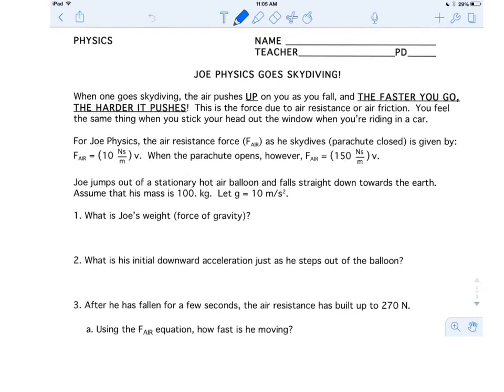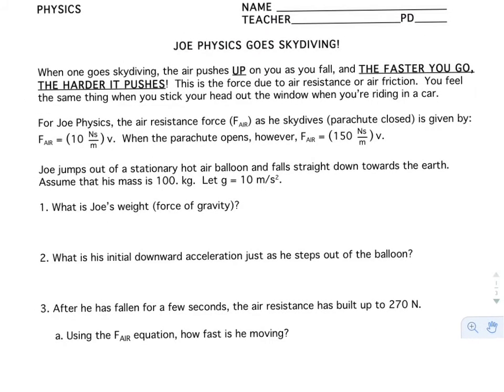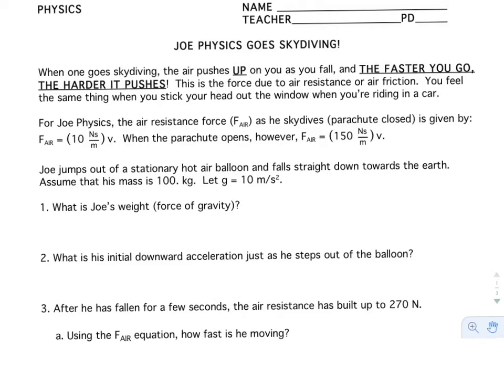Basically, because we are going to analyze the force and the acceleration of a person skydiving, this is something that we, the physics teachers, made up. We made up this equation to just represent what happens to the speed, based on the amount of force coming from air resistance